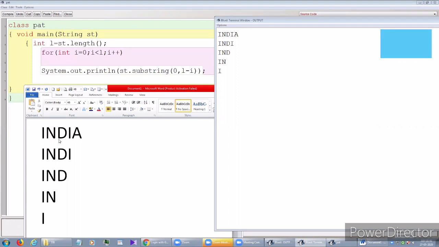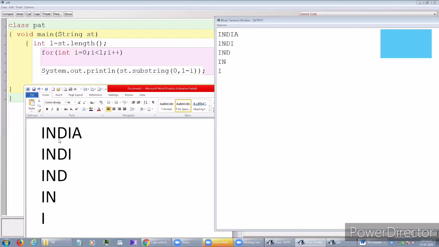Length is 5. 5 minus I, and I is 0, so 5. So 0 comma 5 means index 0 to 4, so it will extract India. Then the loop continues. The value of I became 1, so 0 comma L minus I is 5 minus 1, 4. If you give 0 comma 4, it will extract the 0th, 1st, 2nd and 3rd index.